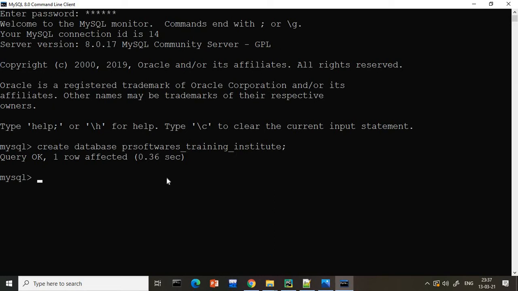Now the second thing, we need to create a table to insert our data from Python to MySQL. So first I will create a table. Let us say the table name I am giving as registration. Under this registration, I want 4 fields. First is name, which is varchar. Varchar is a data type to create a name which will accept string data.